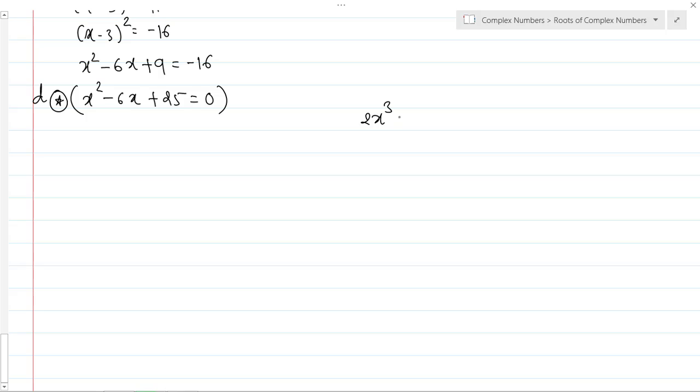2x cube minus 11x square plus 44x plus 27. Okay, so it's divided by x square minus 6x plus 25. So the answer will be, let's write the answer on this side. What part do you have here, x square, and what you want to cancel out is this first term. So what do you require? I require 2 and x here, so 2 into x I require. So let's have that 2x term here.